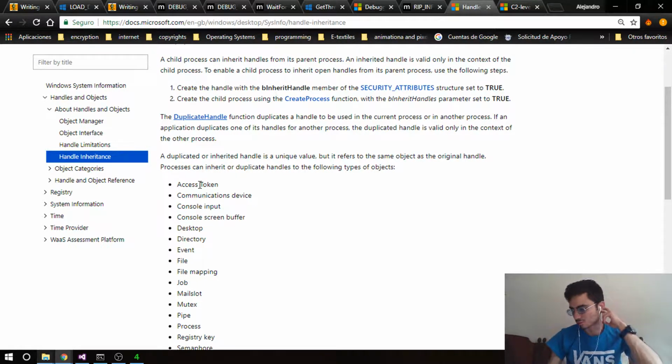Okay, so handles refer to the same object but have different values. So let me see. So probably what we want